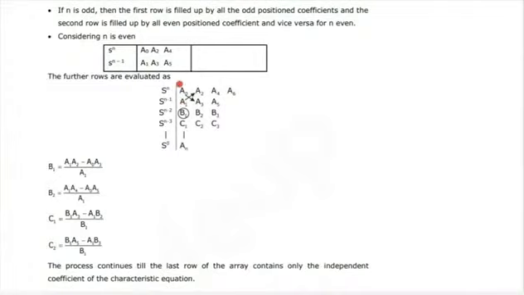Here in the leftmost column you will fill the powers of s, the highest power of s on the top, till you get s power 0. So this tells the number of rows in the Routh array. If your power is 5, suppose you have s power 5, then you will have 6 rows. Okay, this is about a Routh array. So let's move on to the